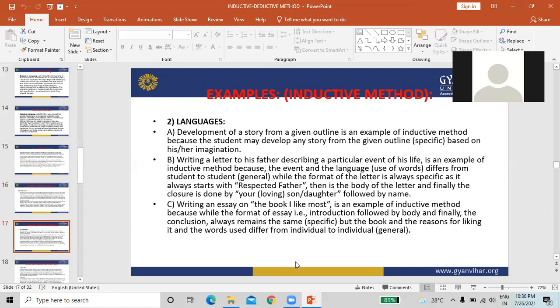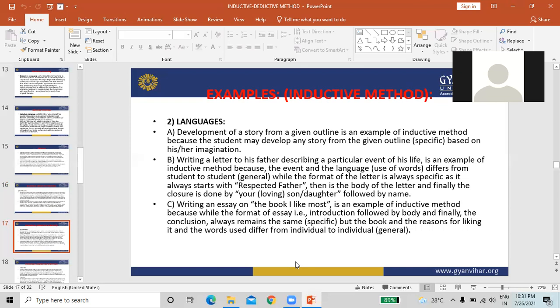Inductive method example in language: developing a story from a given outline is an example of the inductive method, because the student may develop any story from the given outline based on his or her imagination. Second example of the inductive method in language: